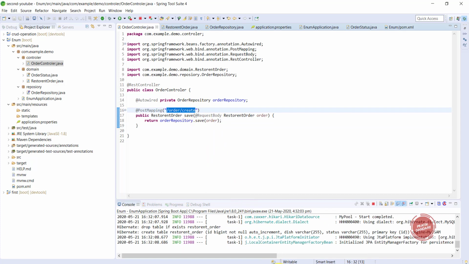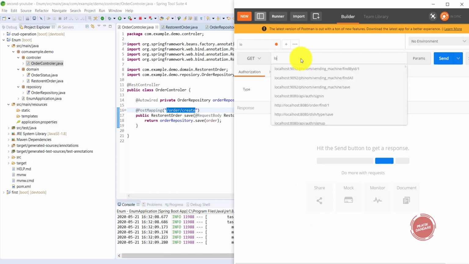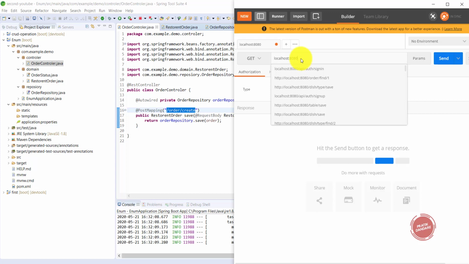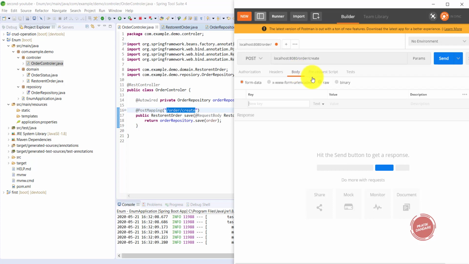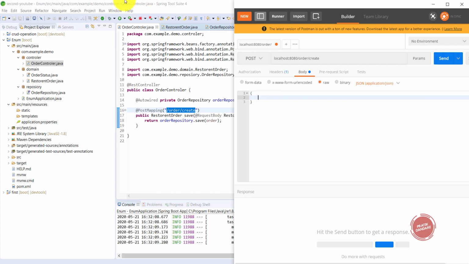I am copying this endpoint, and I want to call it on localhost, port 8080. After that, this is our endpoint. The request is a POST, and we need to pass the parameter inside the body, raw, in the form of JSON.